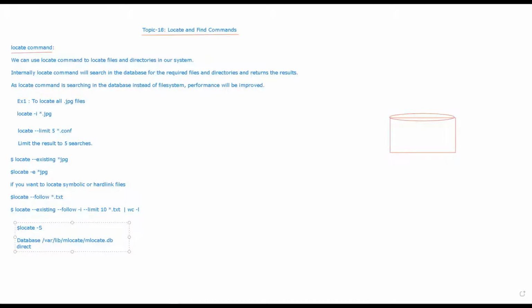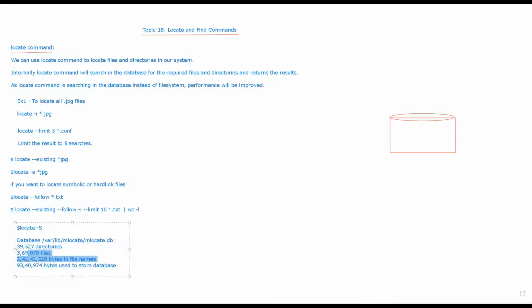So basically it shows the size of the database, right? Once you execute it, it will show you the database. These are the number of directories, these are the number of files, these are the number of bytes, and these are the number of bytes used to store the database.